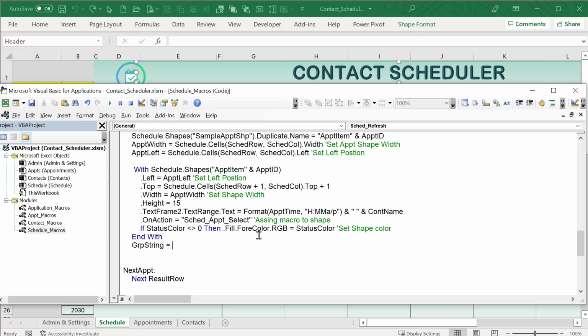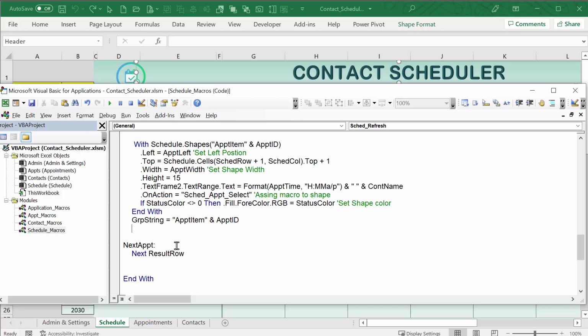Group string is equal to the appointment item, right? It's basically this right here, the name of this. So we're going to put that equal to this, just starting it out. And we need the quotations right here. Okay, so now that we have the beginning of our group string, we can add in the contact picture if